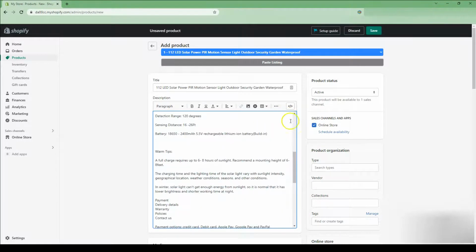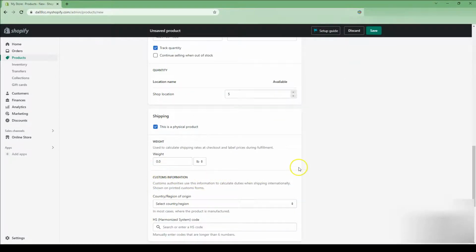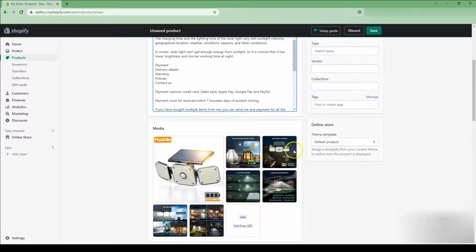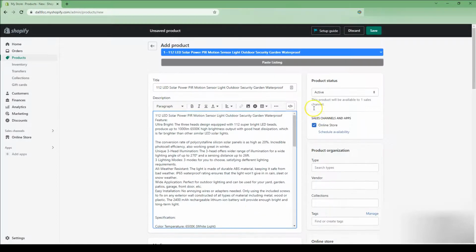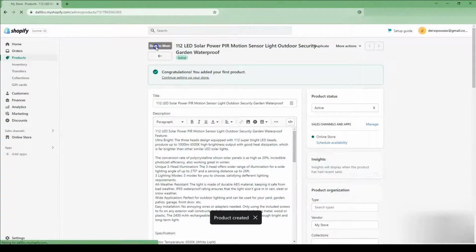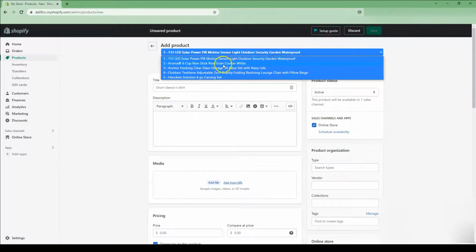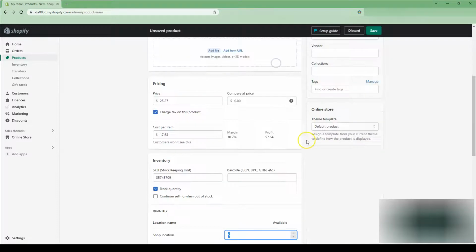After this, you might have to go down here and check what else you need to turn on or off, like the region here, but I will populate most of the stuff for you, and then you just hit save. Once you hit save, we will have a button up here called back to main. Just click on that, then come back to this page again, select the second one, click on paste again,